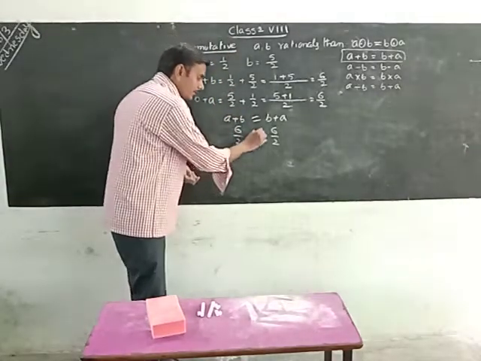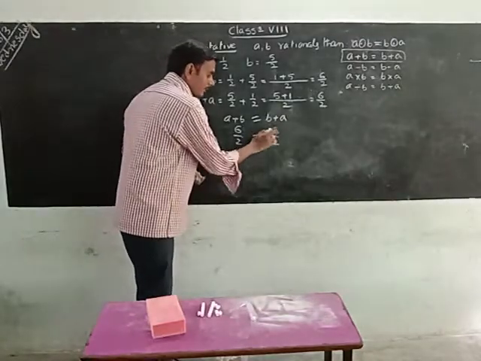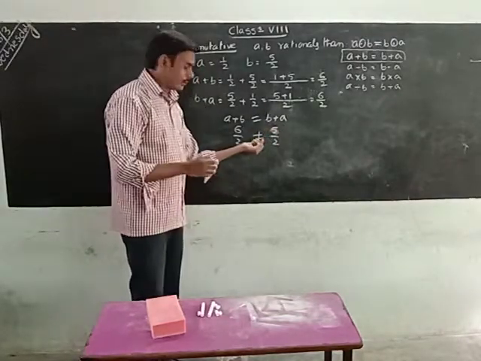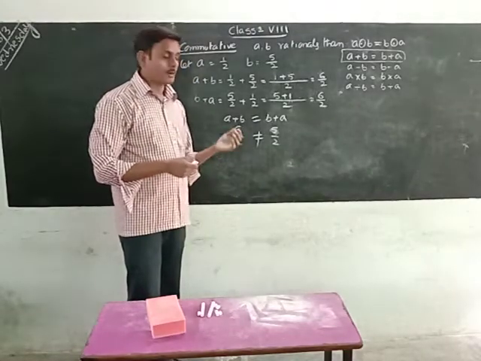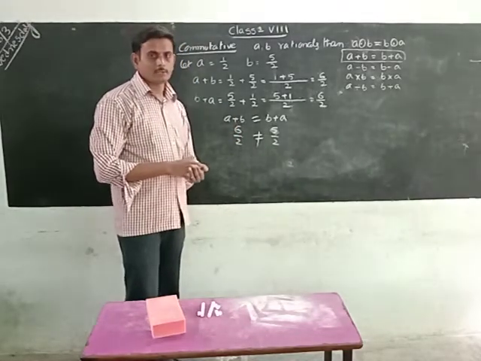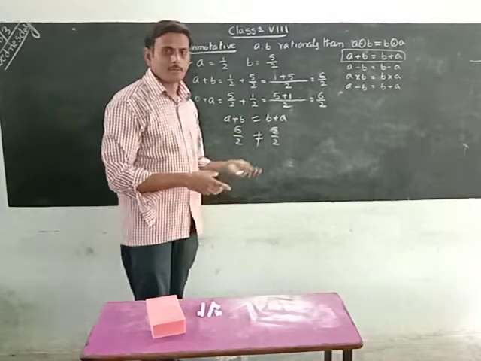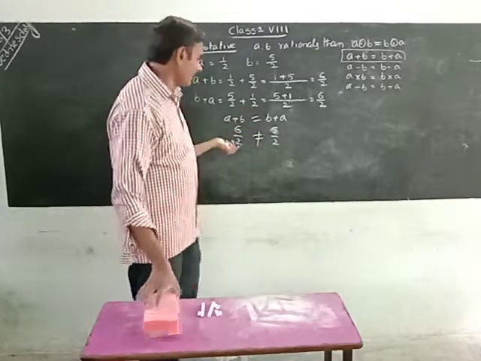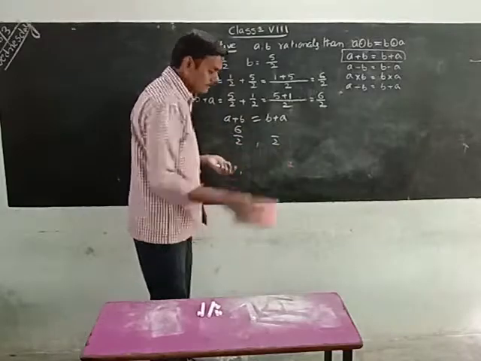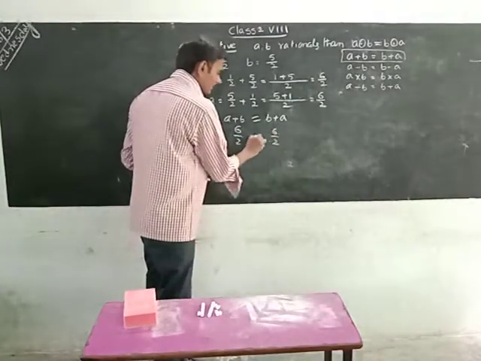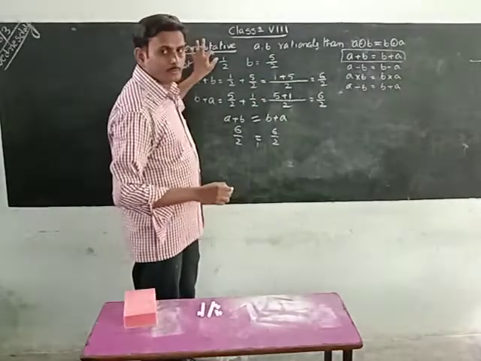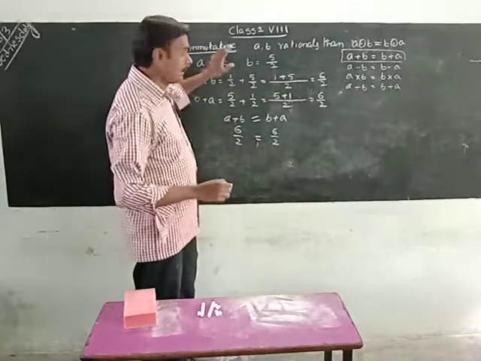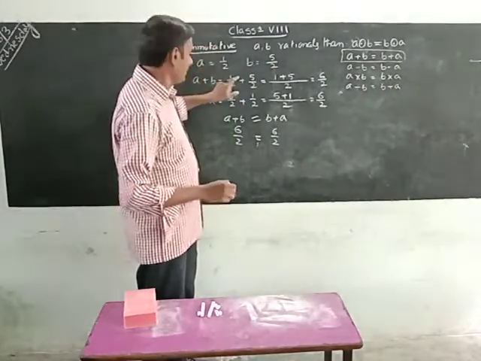If we are not getting equal, for example if you get 5 by 2 here, then not equal means the commutative property will not follow for rational numbers with whichever operator we are using. But here equal, 6 by 2, 6 by 2. So we can conclude rational numbers will follow the commutative property with a plus symbol.